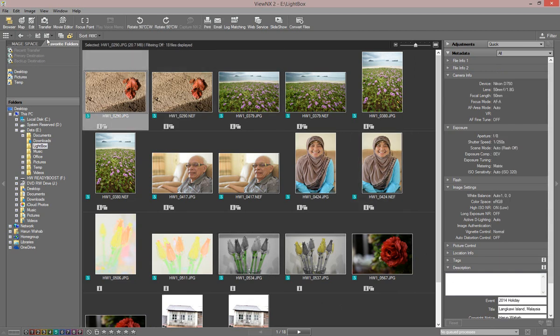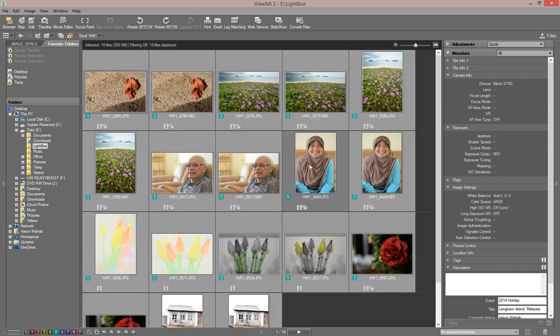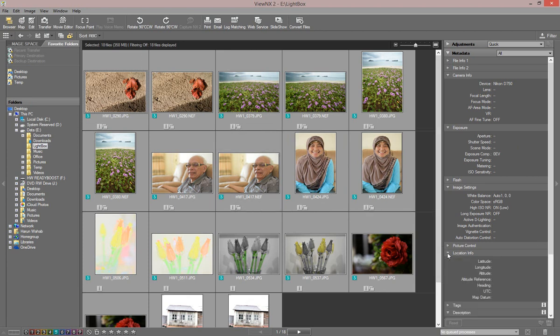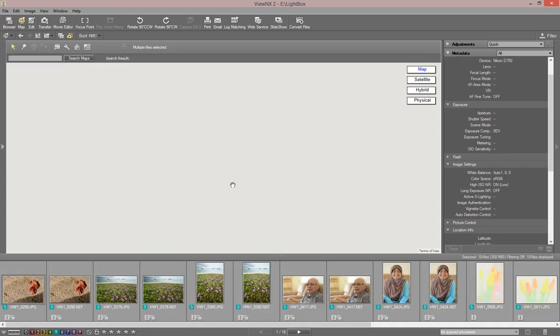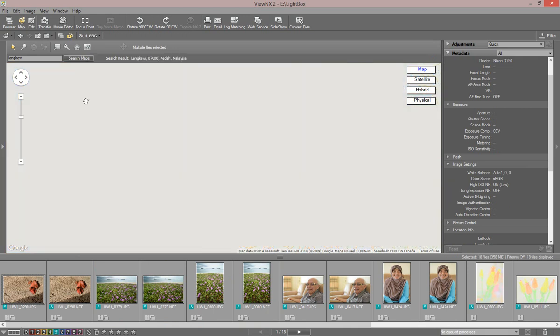And after that I would also select all again, and I would like to indicate the location info. At this stage, as you can see, the location is blank. Instead of having a GPS device that's connected to the camera, I just manually put the location info using the map feature in ViewNX 2, and in this case this was taken in Langkawi, so I'll just search for Langkawi,